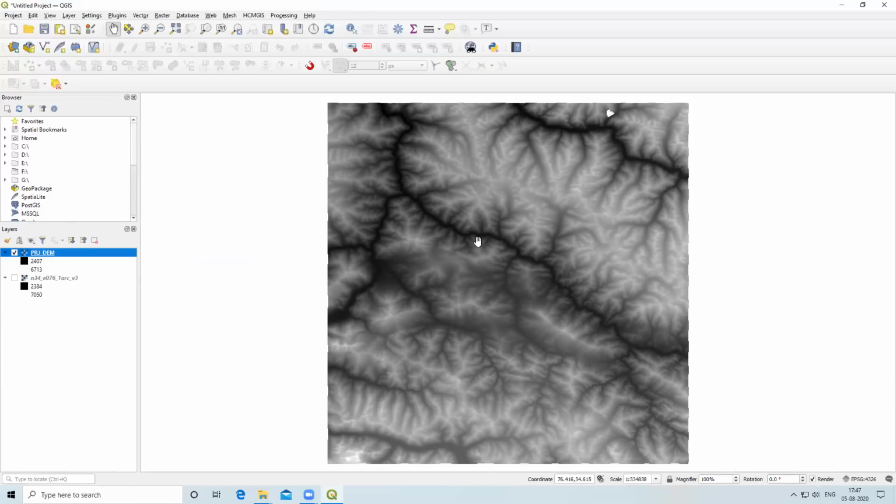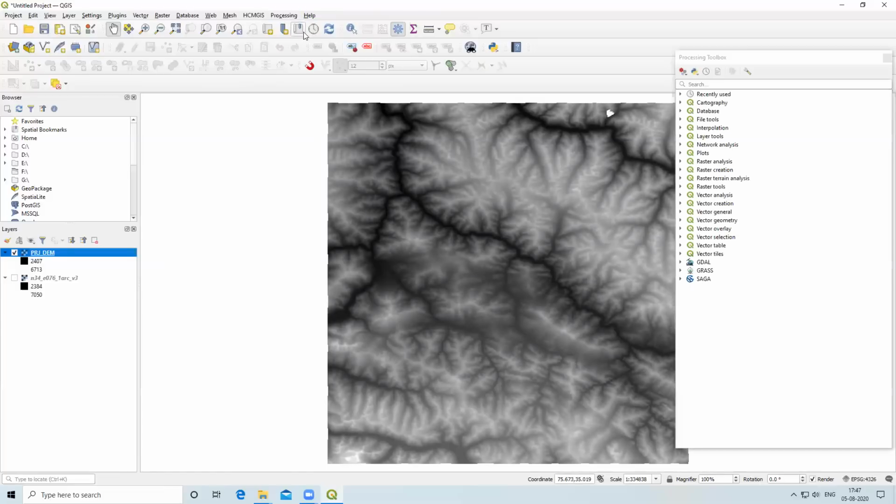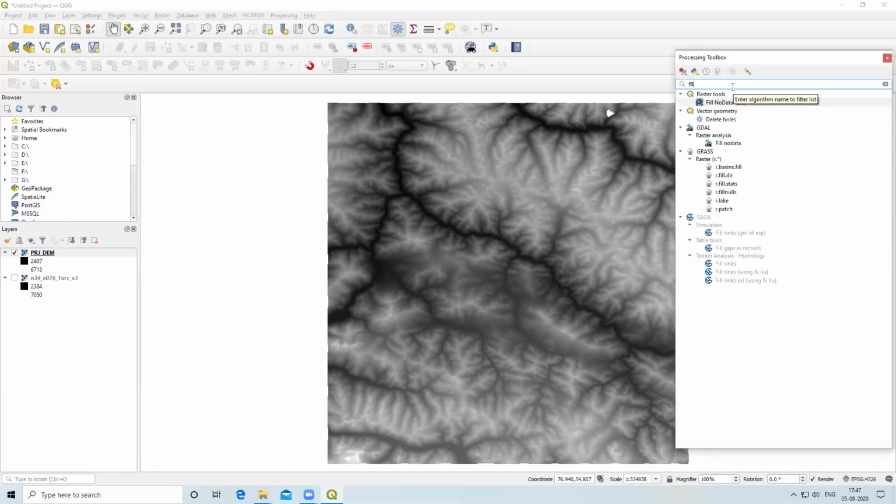There are some sinks in the image. Sinks are often errors due to the resolution of the data or rounding of elevation to the nearest integer value. So sinks should be filled to ensure proper delineation of a basin and streams. For that I will click on the processing toolbox and type fill.